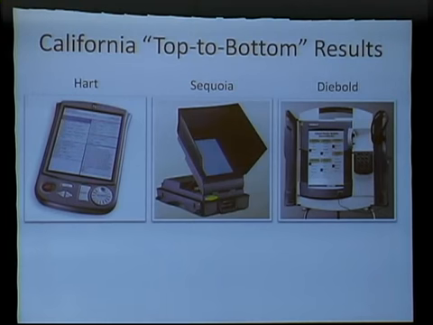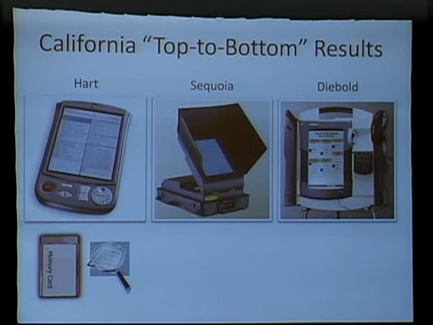So my team studied the Diebold machine, a newer model Diebold than what we had studied before, and teams from California studied voting machines from Hart and Sequoia, 2 other vendors. The Hart team, they found two kinds of problems. They found attacks that would allow malicious code to be injected and potentially to spread virally from machine to machine.